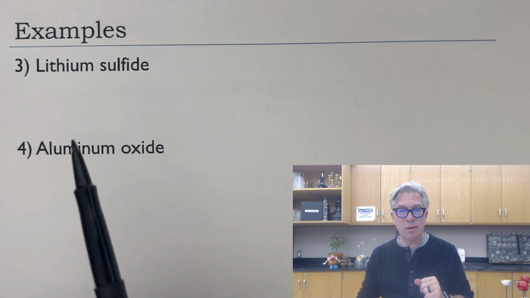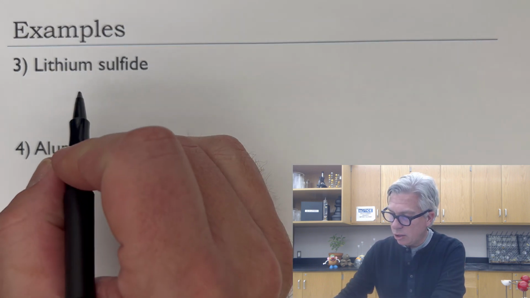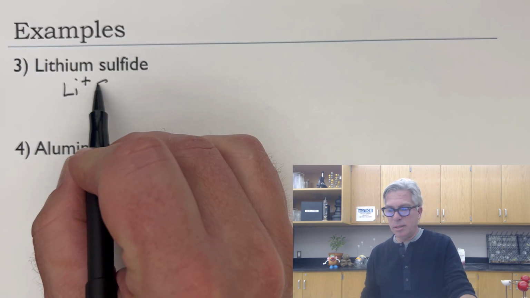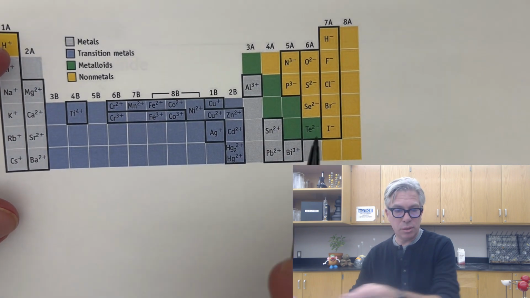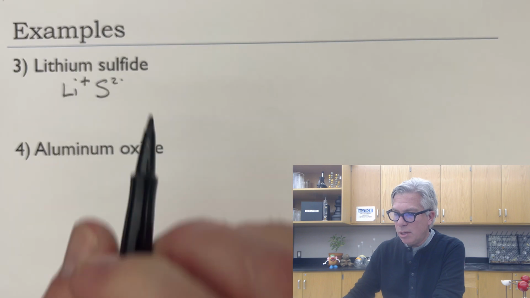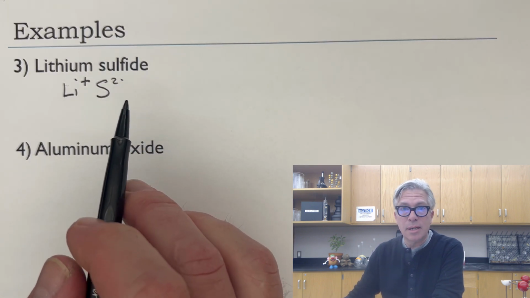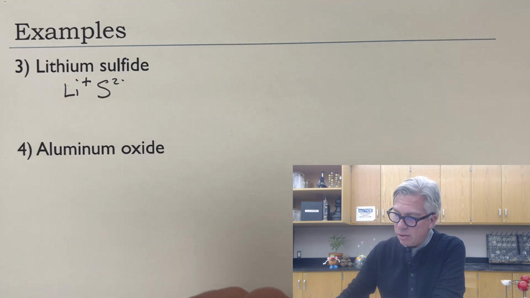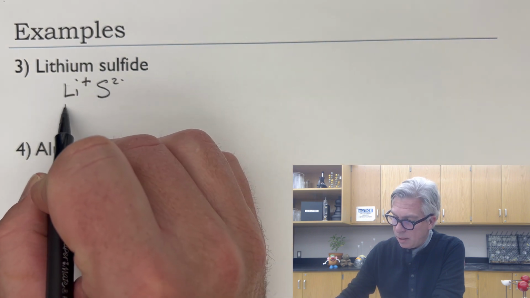So let's do lithium sulfide. Lithium sulfide, we've already seen, can be a +1 charge only. And sulfide happens to be over here in the same column as oxygen. Things in that column tend to be -2, so that's a 2- charge. And again, we have a situation where a +1 and a -2 do not add up to 0. So I need to do something, and that means I can add one or the other to make it equal to 0. And because there's fewer positive charges than negative charges, I'm going to add another lithium, which gives me